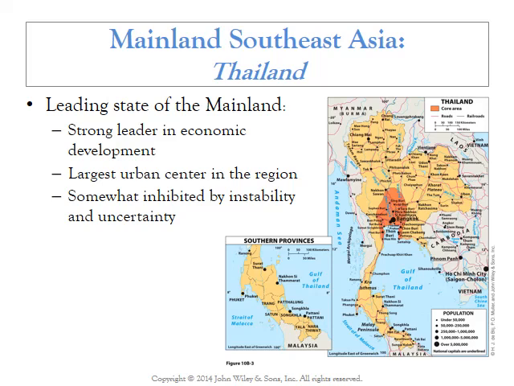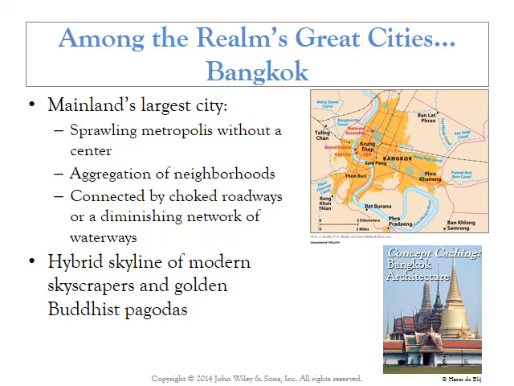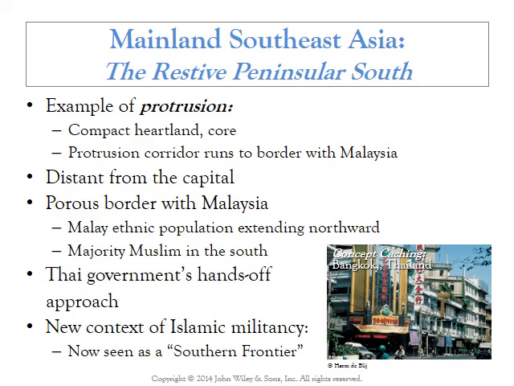Okay, contrasting Laos, now we have Thailand. Thailand is the leader in economic development in the mainland area. It's got the largest city, Bangkok. Now recall from chapter 10a, remember those different boundaries, those different borders. Thailand was used as an example of a protruded border, or a protruded nation, in the sense that it's got such a large northern part and then a very, very small, skinny section down to the southern part. Where it gets skinny,